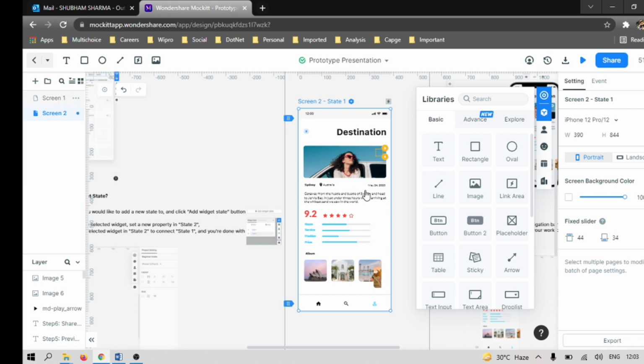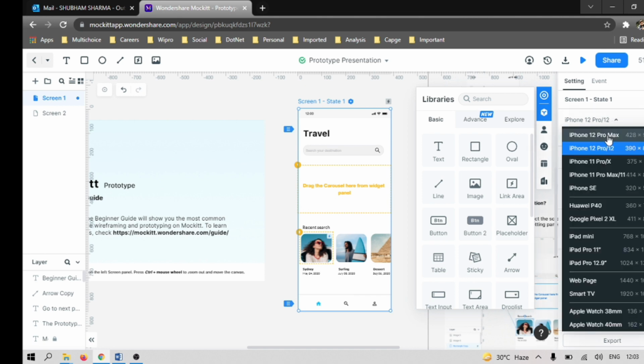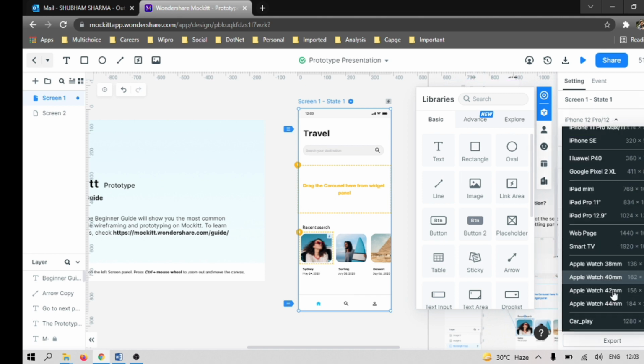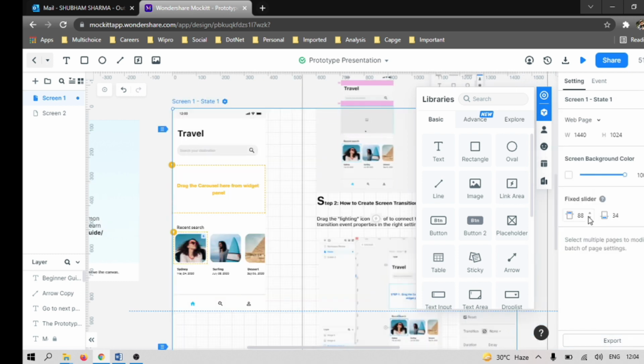We are going to create for the web application, so we can choose that here. It is showing iPhone 12, so we don't need the iPhone, we have to go for the web page. After changing to the web page, it will look this way.